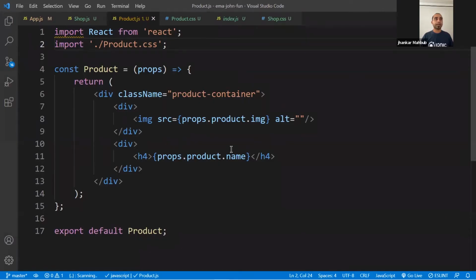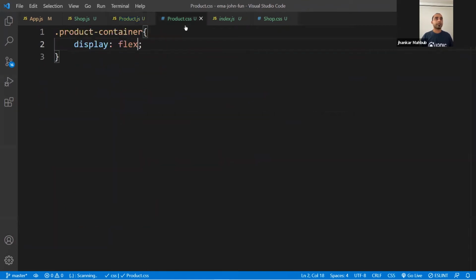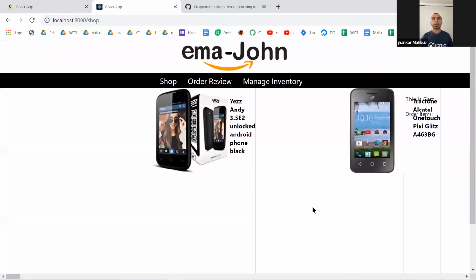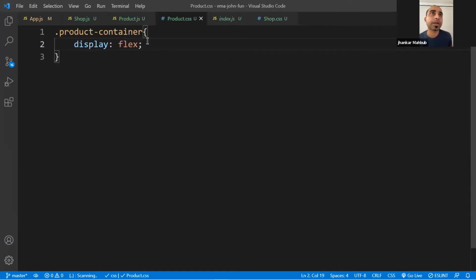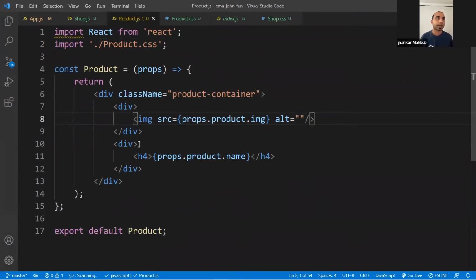And we might have made some kind of mistake. Product container, image div. Okay, this is the h4, and this. And if you do this, product container display flex. Okay, and if we do it this way for the product, let's see what difference we have made here.